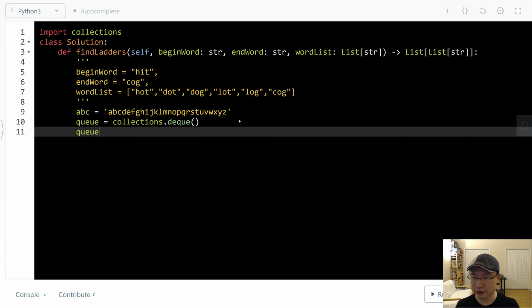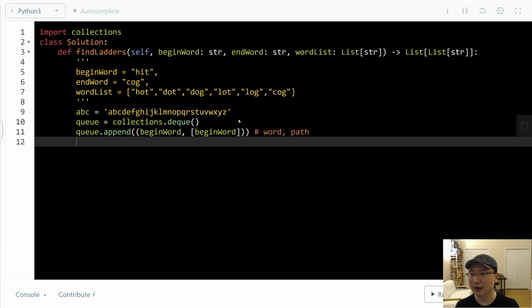Then I will append to the queue a tuple. The first item is the begin word, and the second is the path. I will initialize the path as an array with the begin word,